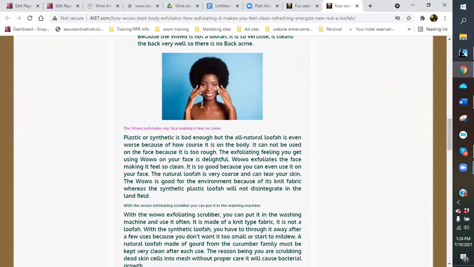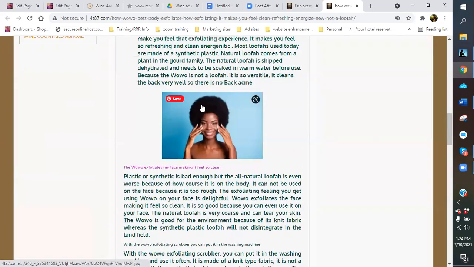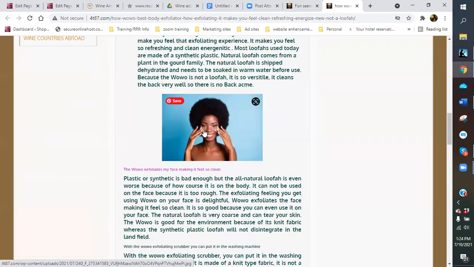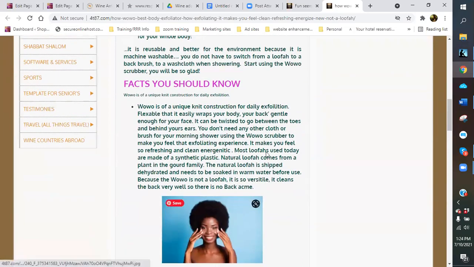When you have all your images centered, you're drawing the eye to your images, not the content. When the image is to the side of the content, it draws the eye to both. So then they read and then see the picture.